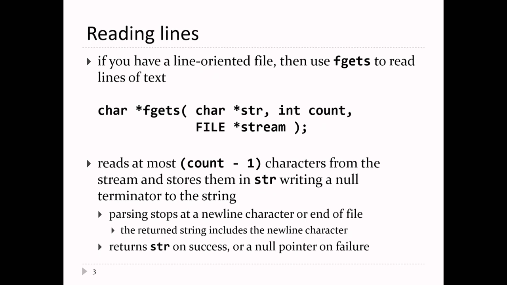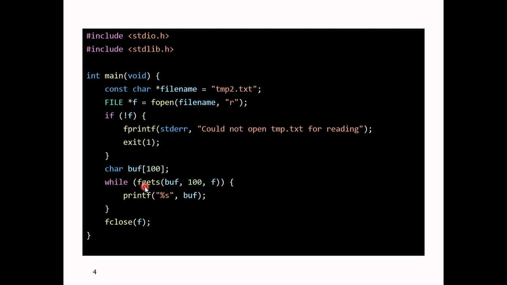And then we saw fgets. So fgets reads, at most, count minus 1 characters from that stream, or from this file, and stores the characters in the string pointed to by that pointer. It returns the pointer str if it succeeds, or it returns a null pointer on failure. So if you read to the end of the file, then the next call to fgets will return a null pointer. Right? And so we had this little program here that just reads, using fgets, a file one line at